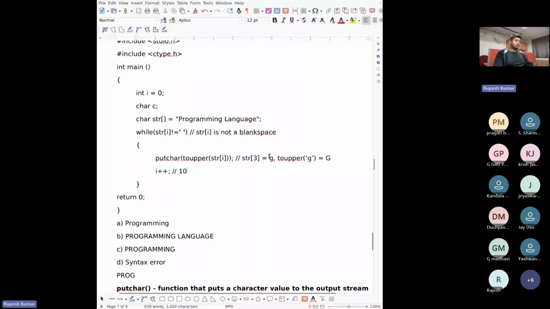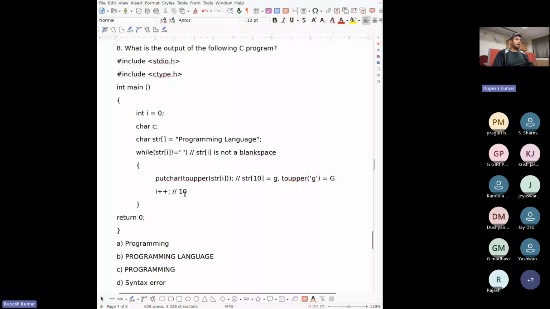When i is 10, str at 10 is g again, and toupper will be G, and it would have printed PROGRAMMING. After this, when i equals 11, str at i is a blank space. So the loop exits and the program exits.